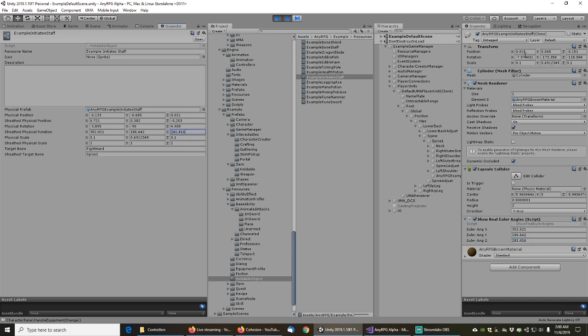We are going to set the sheathed physical position to these values up here. And then